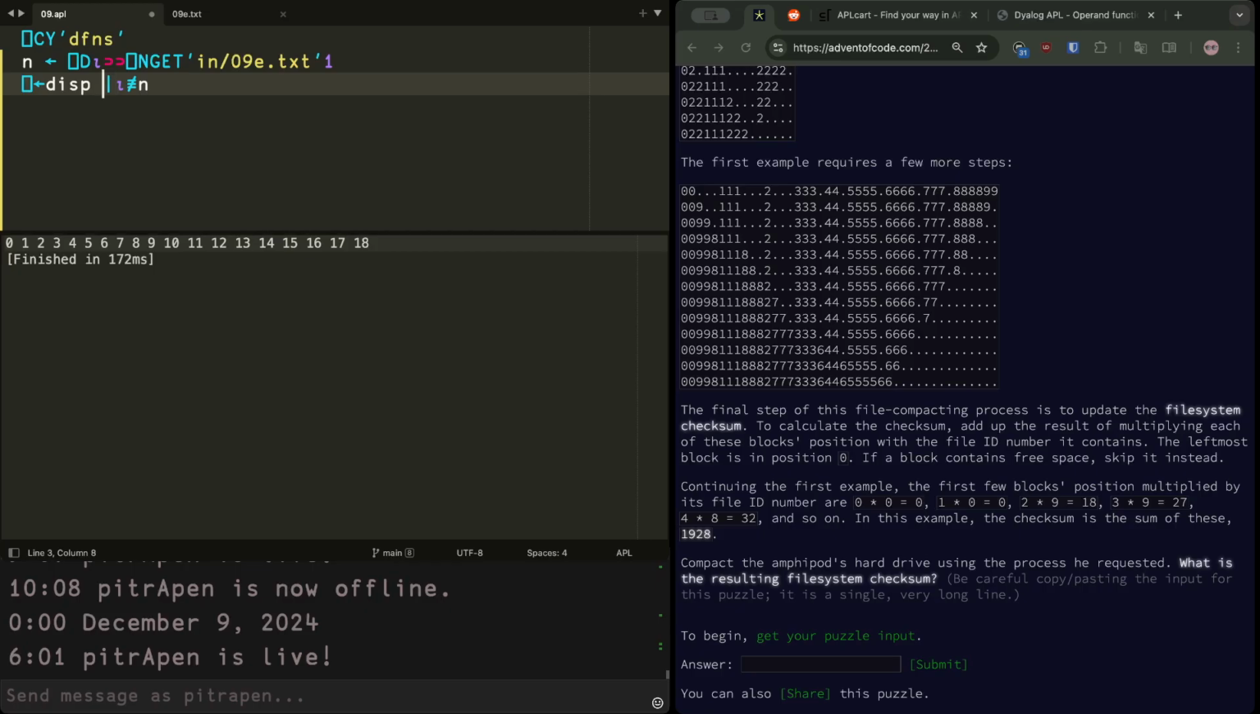Modulo 2. Ooh. 2 times, no, yeah, reverse this,